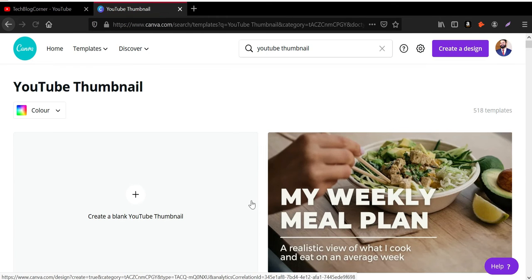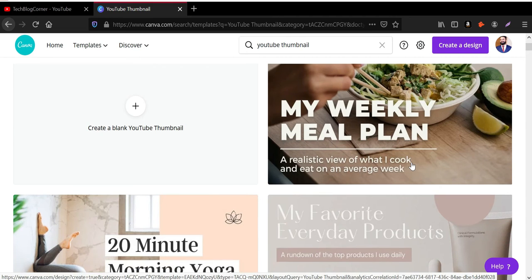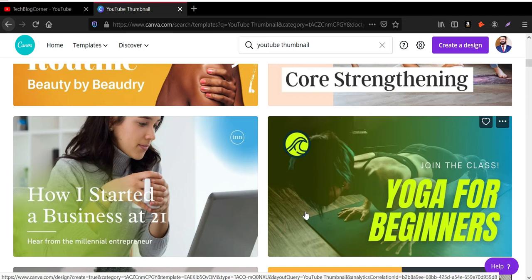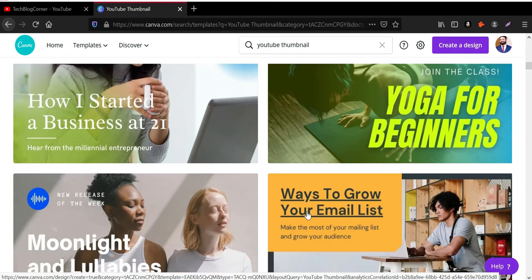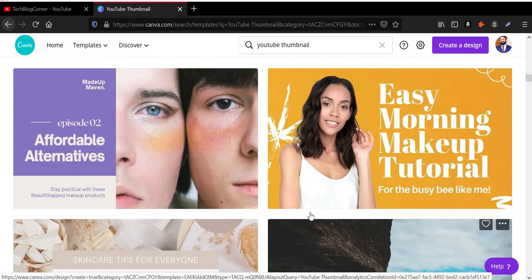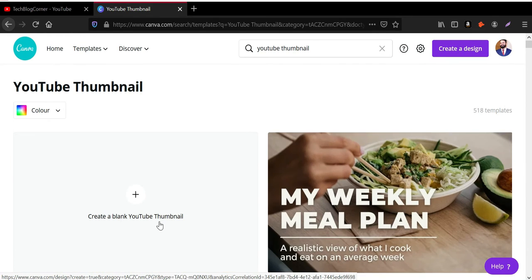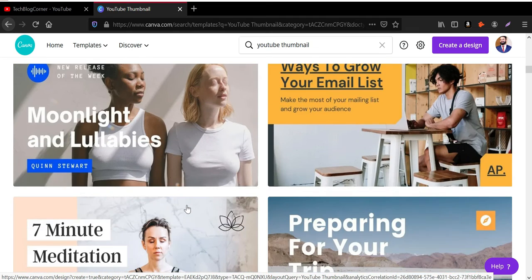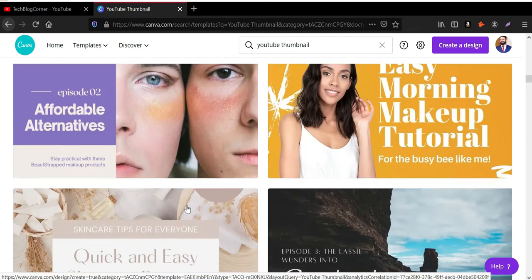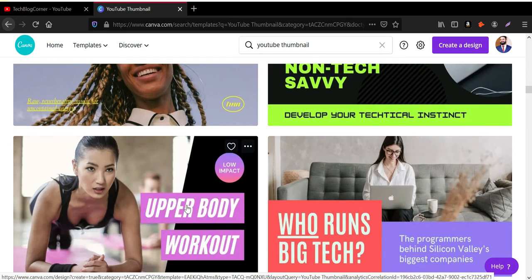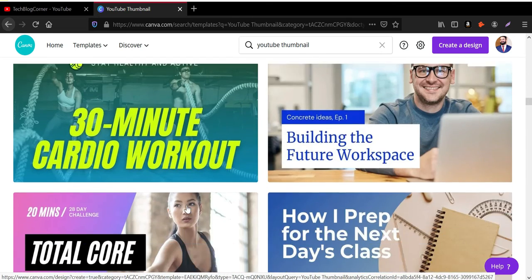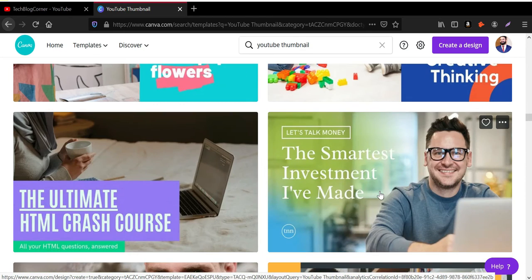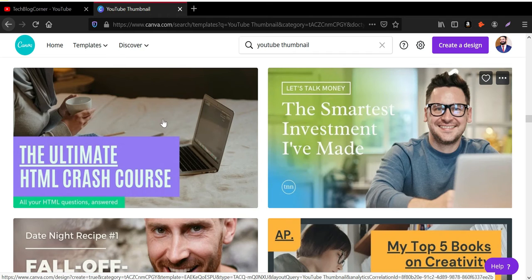It is going to show you a few of the good templates that they have pre-built in their dashboard. You can see plenty of good templates related to yoga, business, fitness, and makeup tutorials. You can create the template from scratch as well for your thumbnail, but I would prefer this option because it takes time and they have a very good template list. So my website is related to tech and marketing, so I'm going to use a professional template which suits the theme of my videos and design.